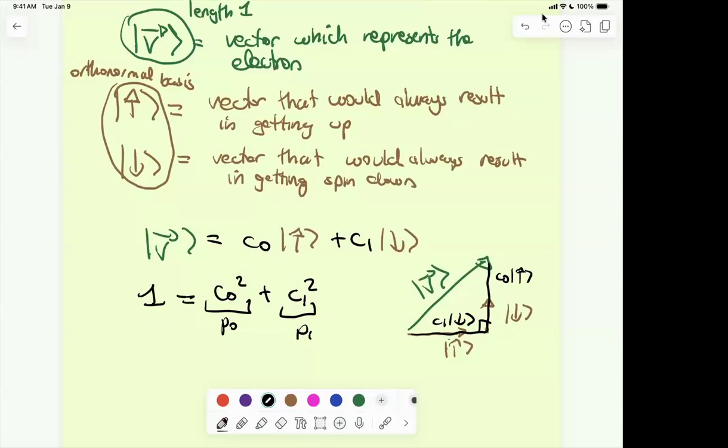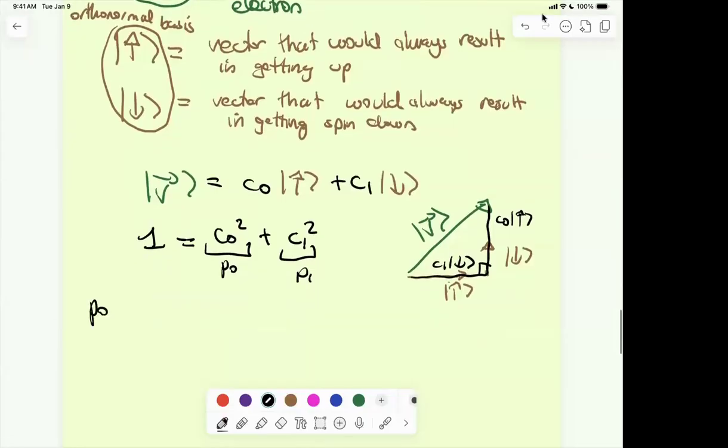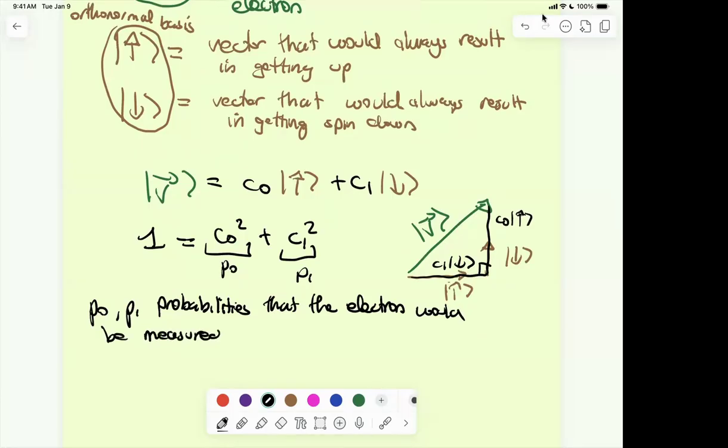So these are the probabilities that the electron would be measured either spin up